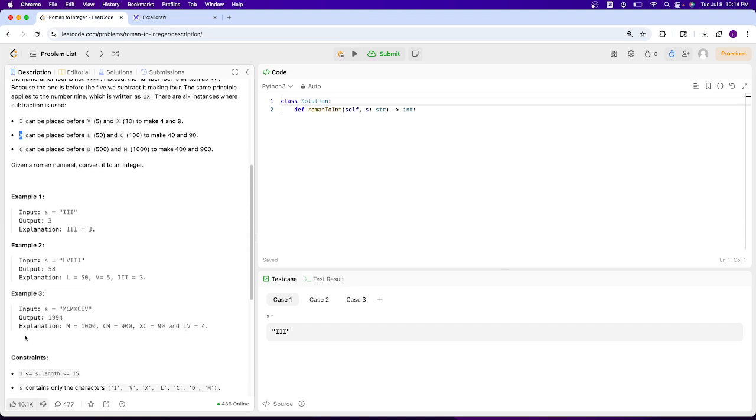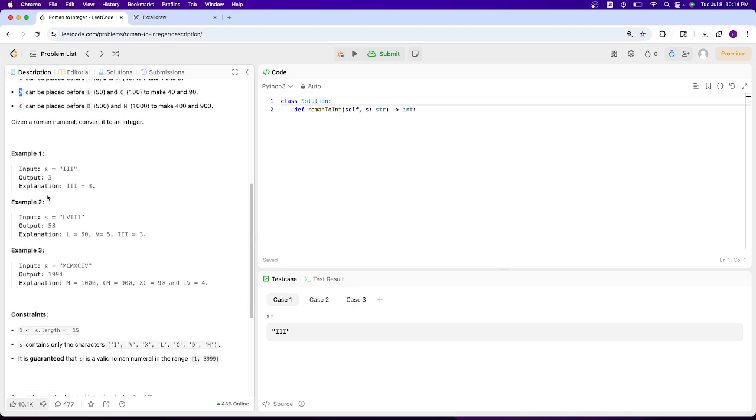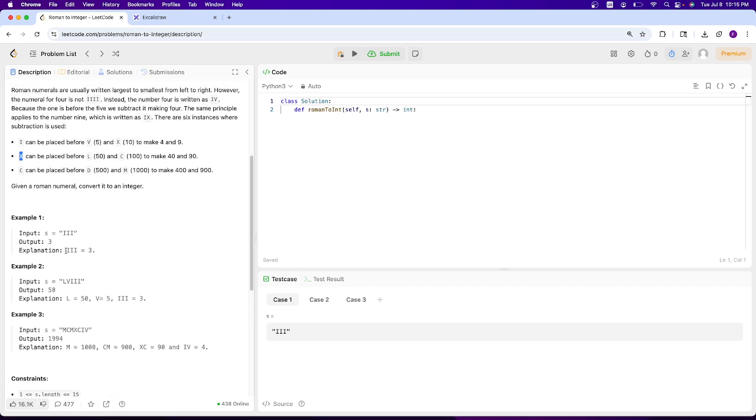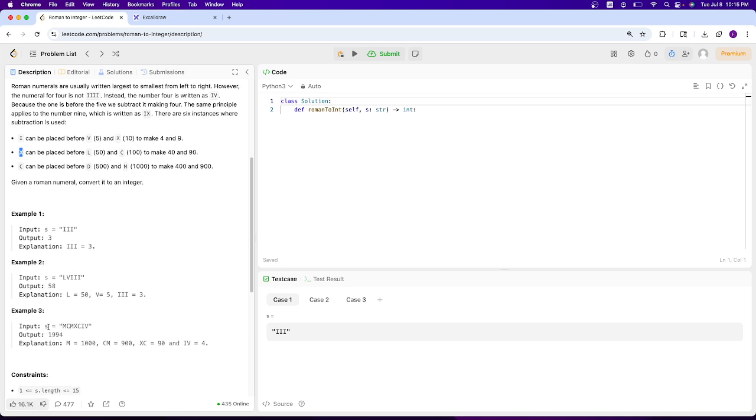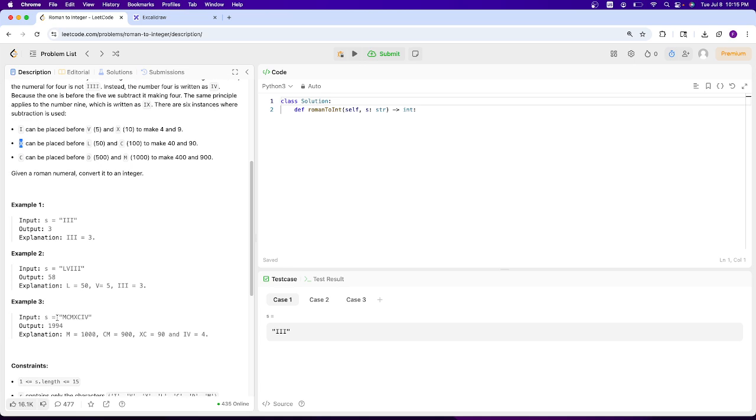Okay, so let's look at some of these examples here. So input s is equal to III. Output is 3, which makes sense, right? We're just doing 1 plus 1 plus 1. Okay, the next one here, s is equal to LVIII. It's equal to 58 because L is 50, V is 5, and 3 I's is 3, right? Okay, and then the last example here, we have